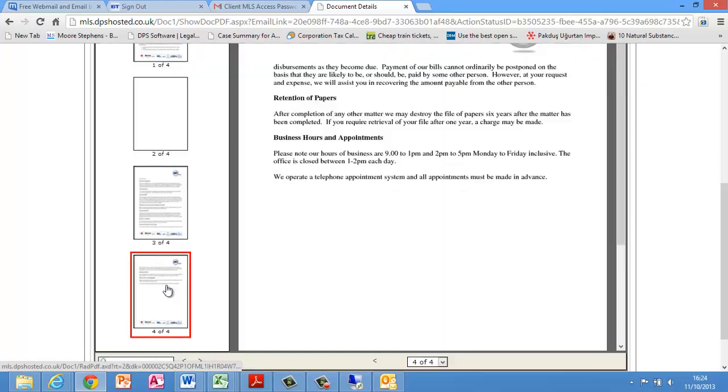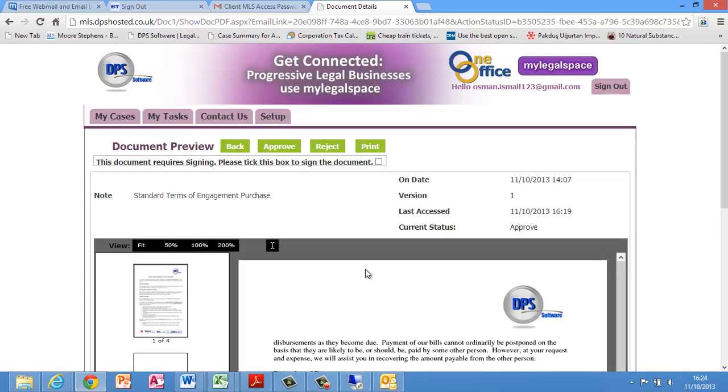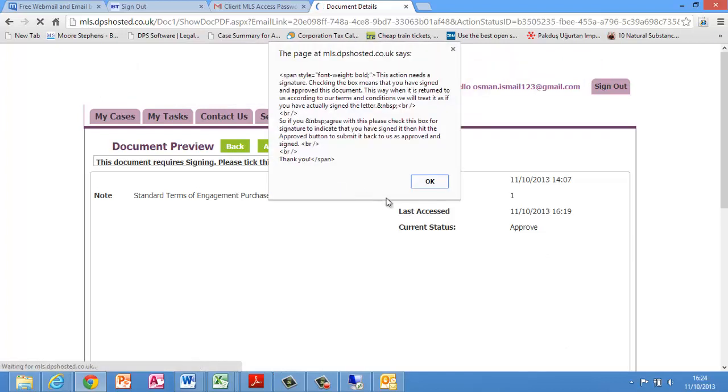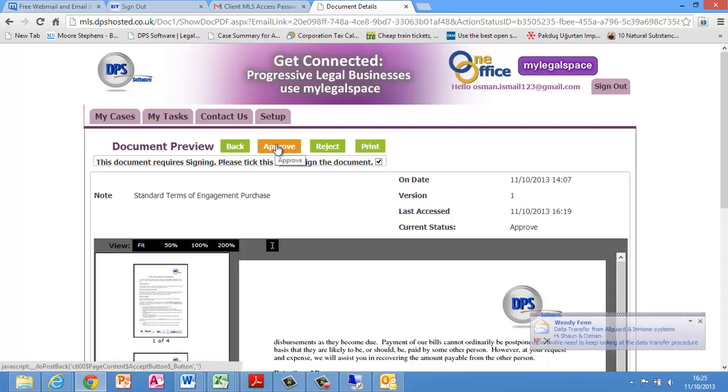Page 3, page 4. If you recall, when it was sent to them, they were allowed to print it, and they were asked to approve it or reject it, and they were also asked to sign it. So there's a tick box for signature. If they say they're just going to approve it, it says to them, sorry, you need to sign it. If they say to reject it, again it needs signature first. So if we say OK to sign it, and we click on the approve button,